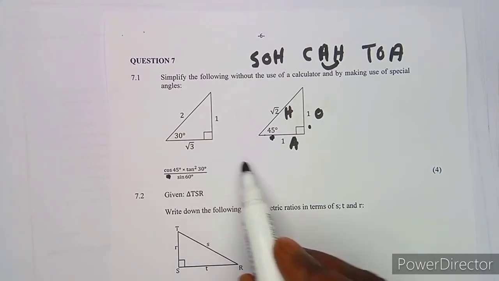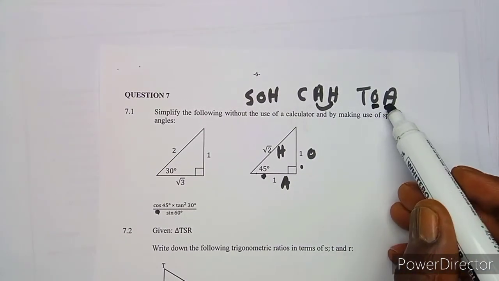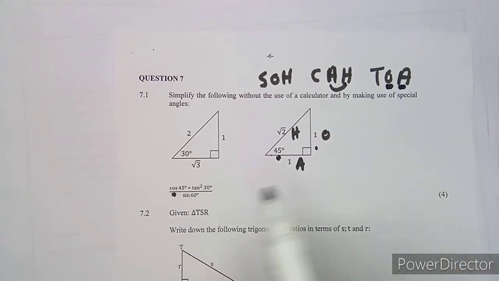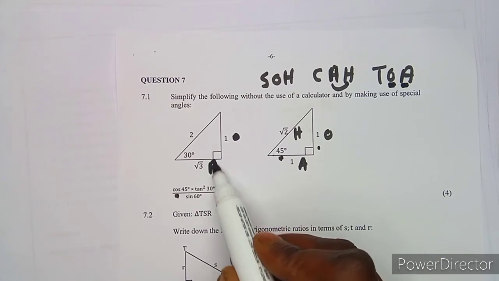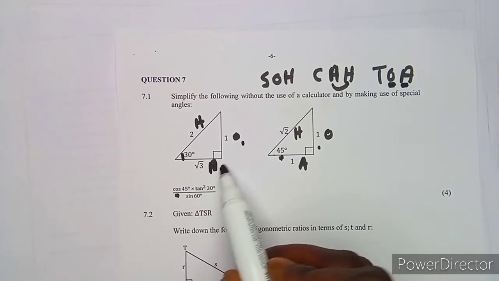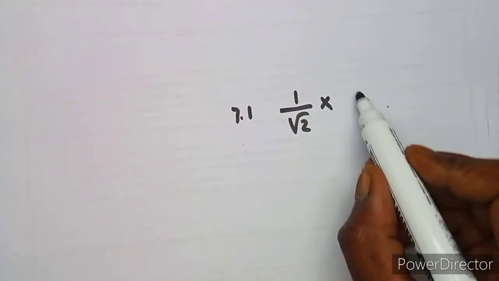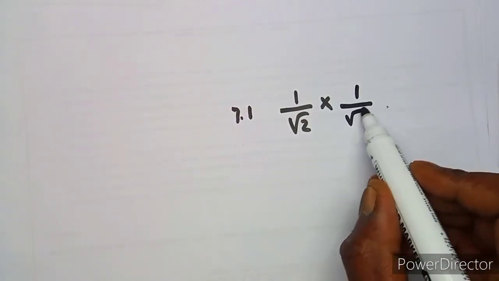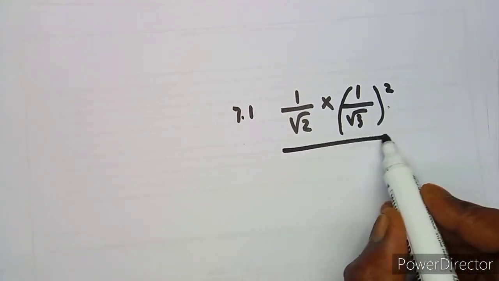So first let's find tan that. Remember, tan is opposite over adjacent. This is your opposite and this is your adjacent, and this is your hypotenuse. According to that, opposite over adjacent is 1 over square root of 3, but it's supposed to be squared. So it will be 1 over square root of 3, squared. Everything over